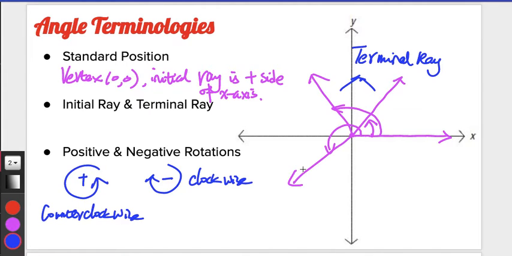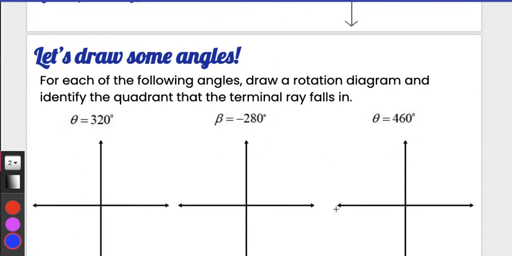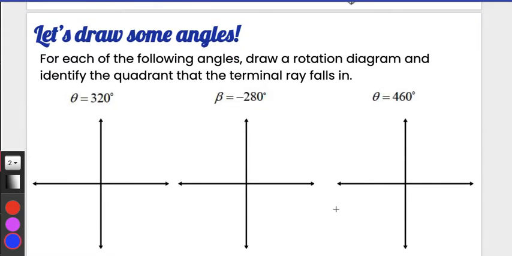With all the terminologies here, we can start drawing the angles in a different position, and we can use this position to tell us how big the angle is. Let's check these three examples here. One thing I want to remind you is these angles in Algebra 2, especially when we talk about the trigonometry function,